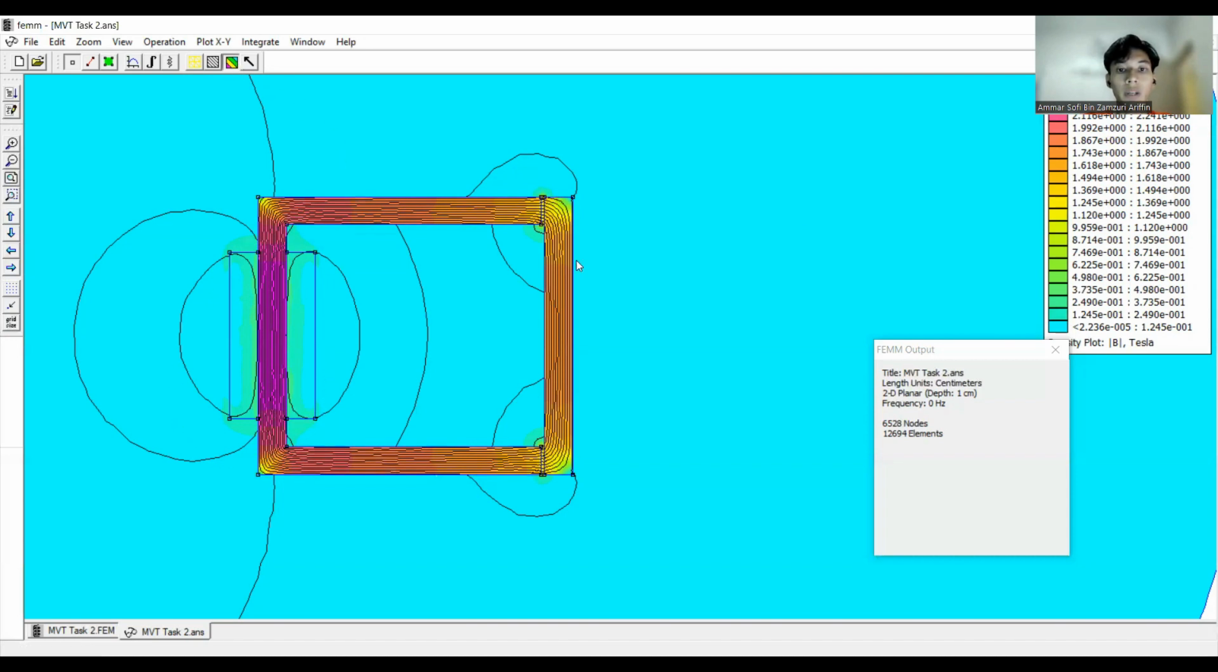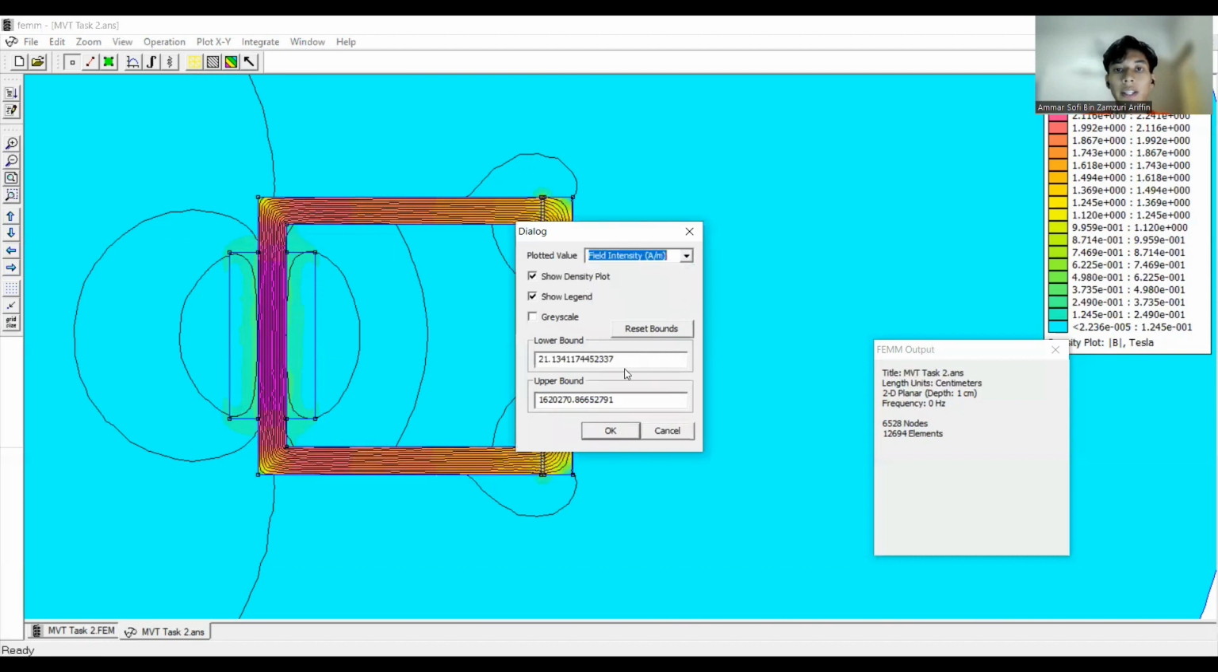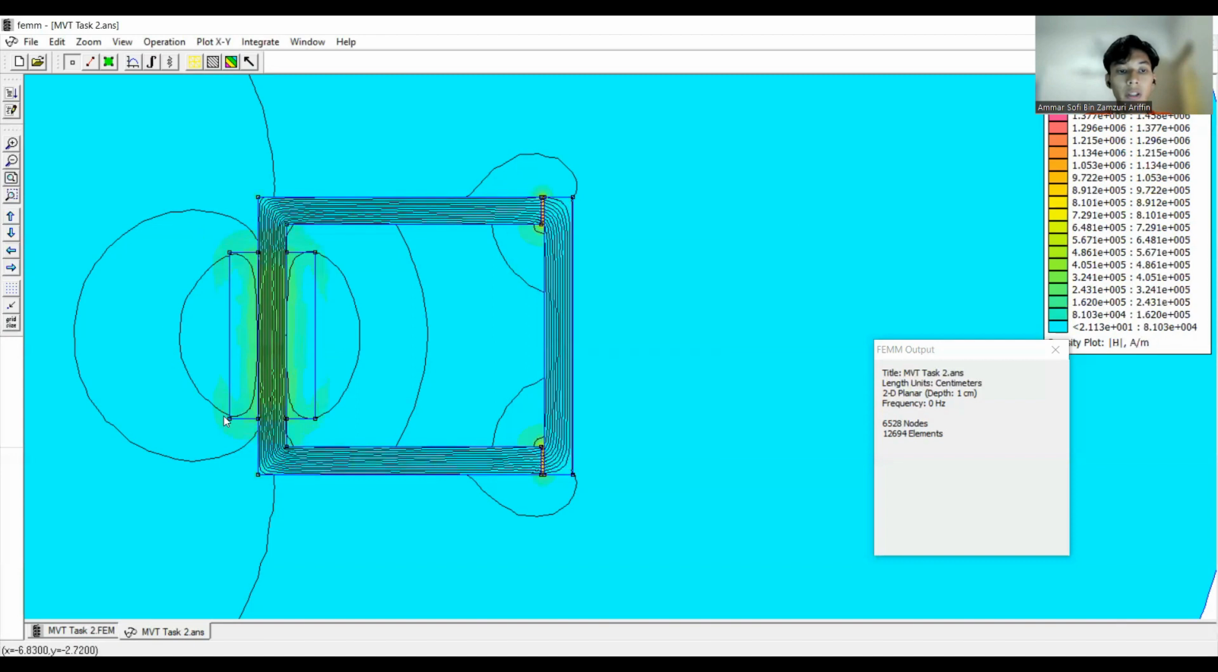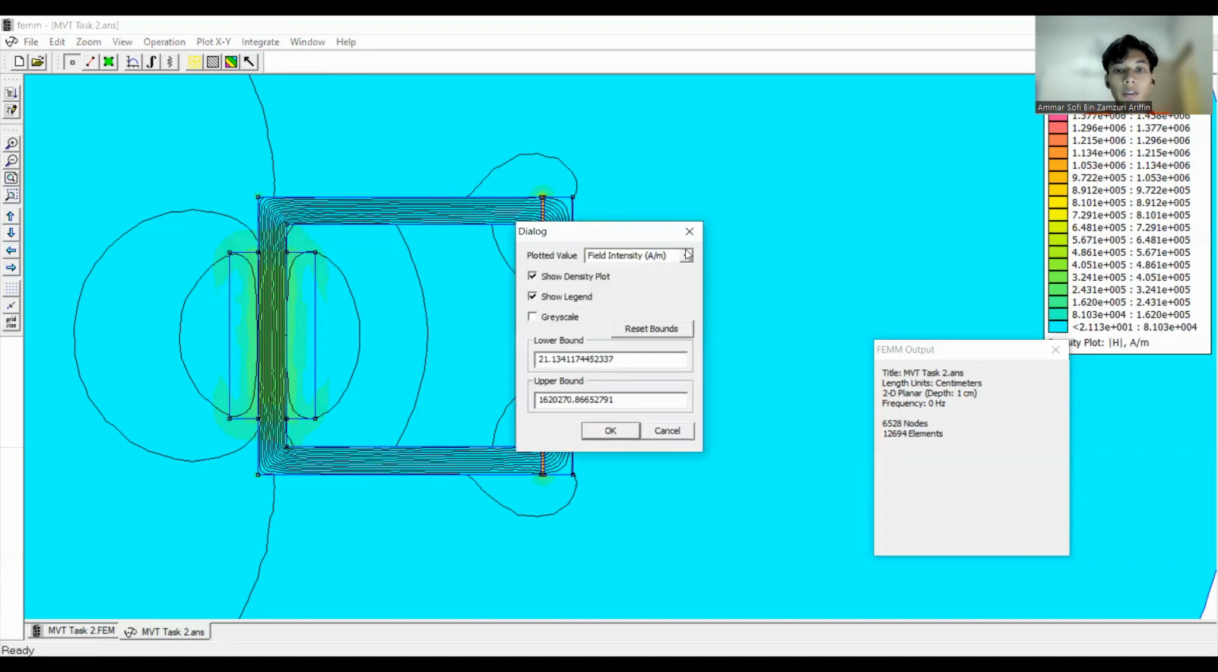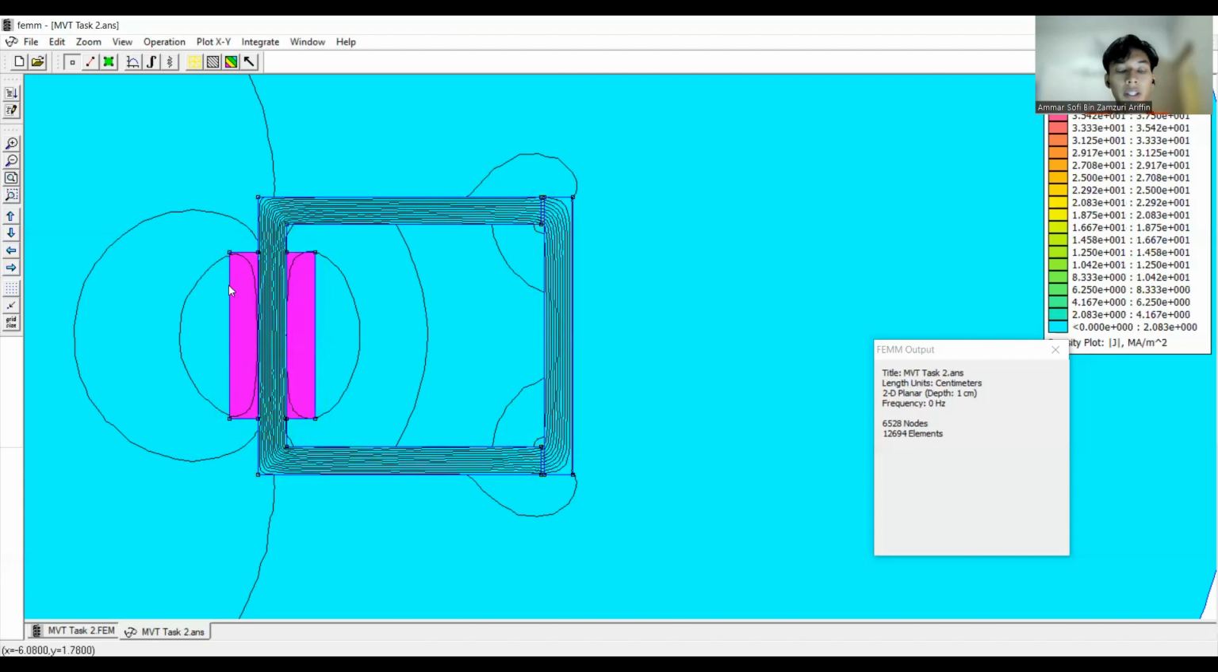And for the second one, which is the field intensity, as you can see the lower bound and the upper bound value. And this is how it will look like, where the highest density is at the winding and C core, and also at the gap between C and I core, which is due to the fringing effect. While for the current density, the value is only on the upper bound, whereas the lower bound is 0. This is due to